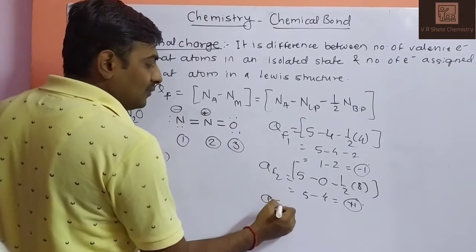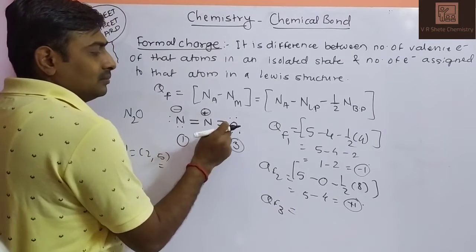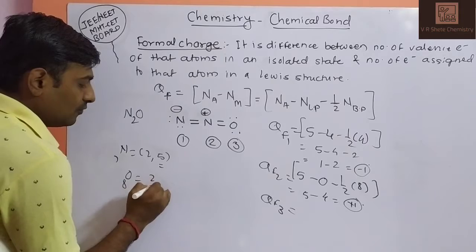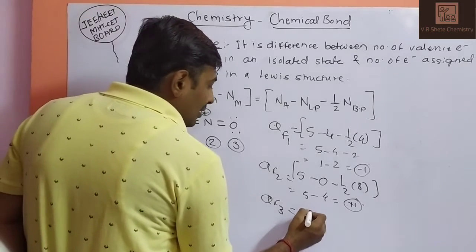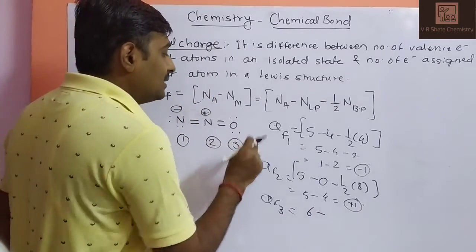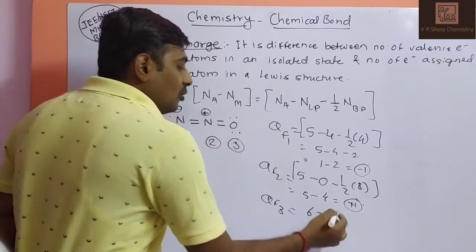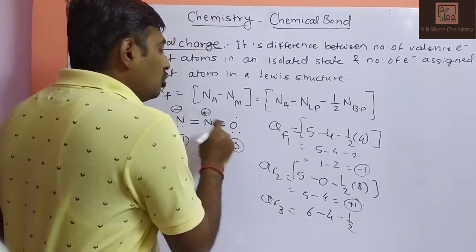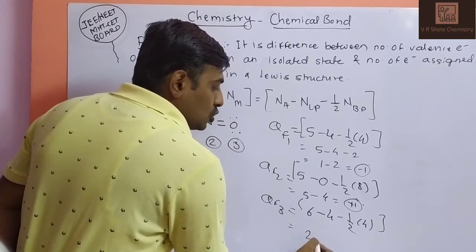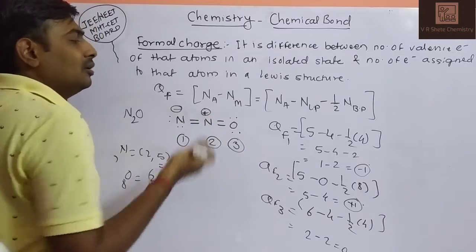Third one, QF3. What is the formal charge of the oxygen atom? The answer will be 0 because it has its normal valence. How will the answer be 0? Oxygen has atomic number 8, electron configuration 2, 6. So 6 valence electrons are there in the oxygen atom. 6 minus lone pairs: how many lone pairs? 1 2 3 4, 4 lone pair electrons, minus 1/2 times the bond pair. 2 bonds are there, again 4 electrons. 6 minus 4 is 2, minus 2 is 0. So oxygen contains no charge. So these are the lone pair systems.